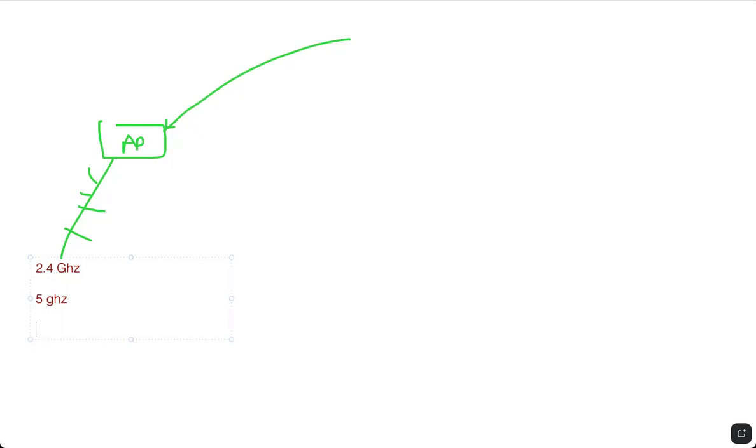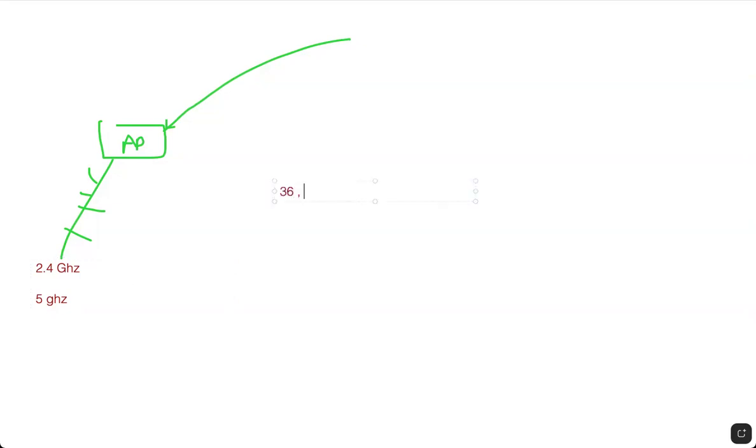2.4 has 1, 6, and 11 as the non-overlapping channels. 5 GHz has 24 non-overlapping channels that it can go. There are extended ranges, guys. If you go to extended 5 GHz, you will have more channels. For example, there are different UNII-1, UNII-2, UNII-3, and UNII-4 bands. It ranges from